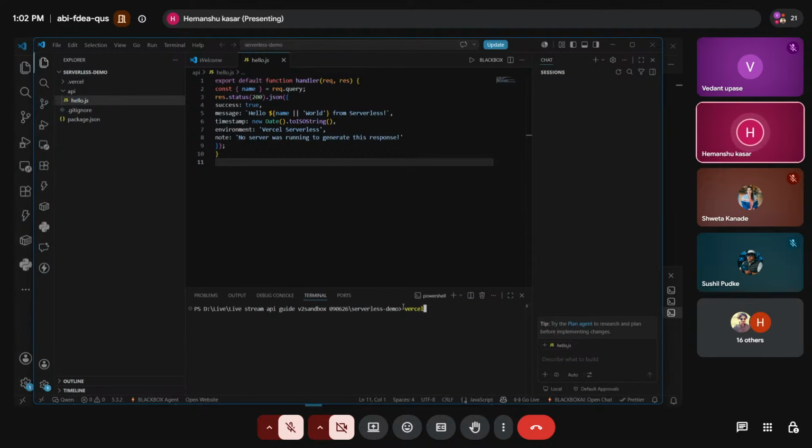Using that particular account, you have to authenticate where you have your account. So as we can see, we are able to get this particular response from Vercel infrastructure,